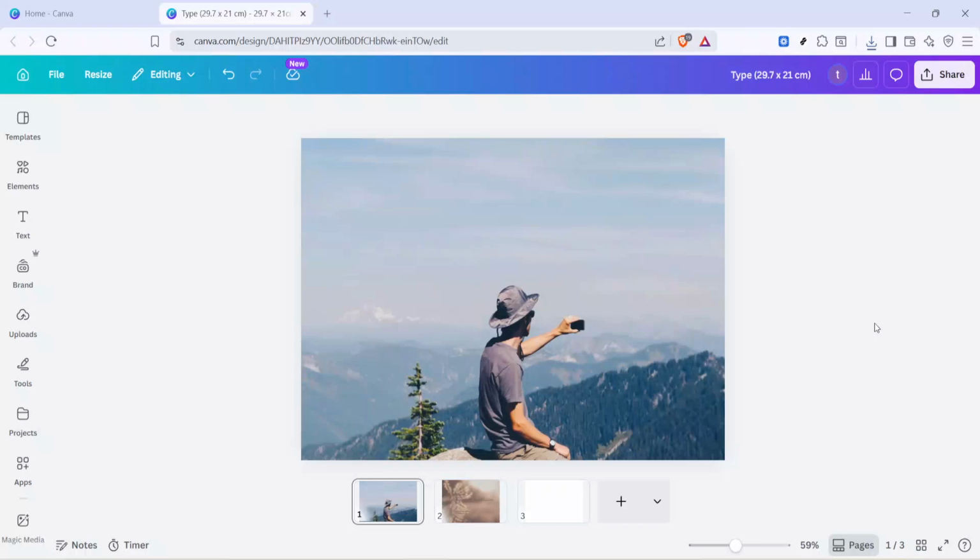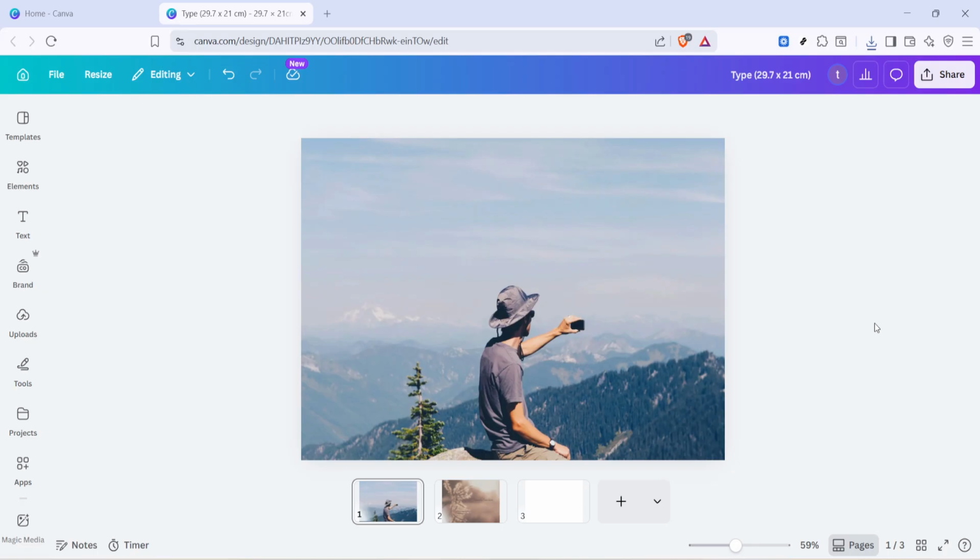In today's video, I'm going to teach you how to create and add a watermark to a photo in Canva. By the end, you'll have a clean, subtle text watermark that protects your work without distracting from the image. I'm working inside a Canva design with a photo already on the canvas, so you can follow along in any